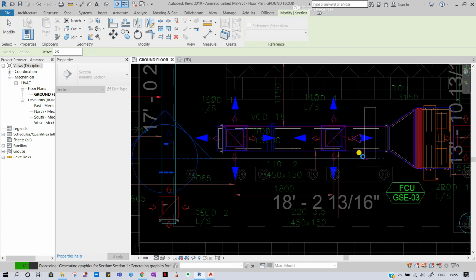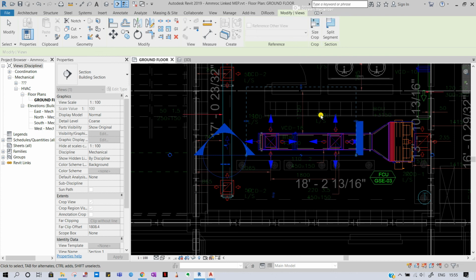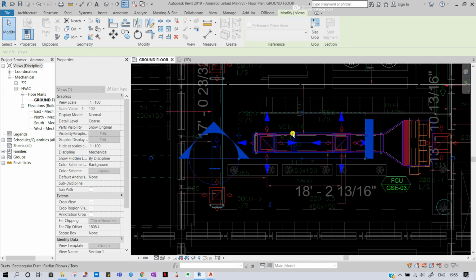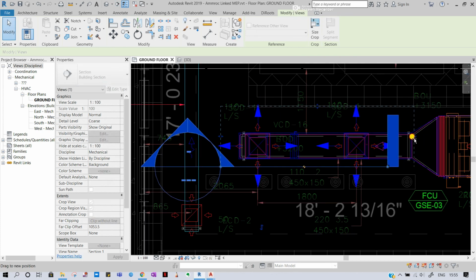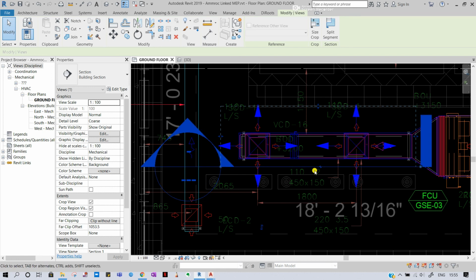So what happened is, now we created a section. So this is a section of this duct. Everything will be seen under this. You can see the side view of this thing. While everything is in the selected position, just move your mouse over here or here or here, anywhere,